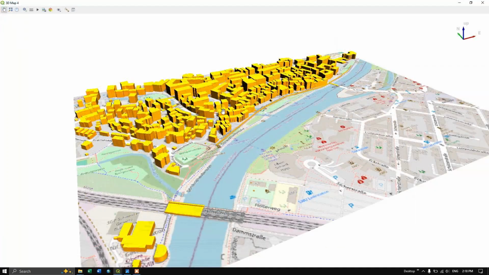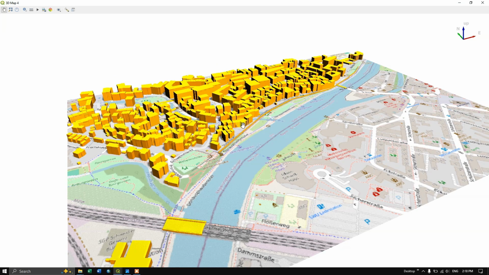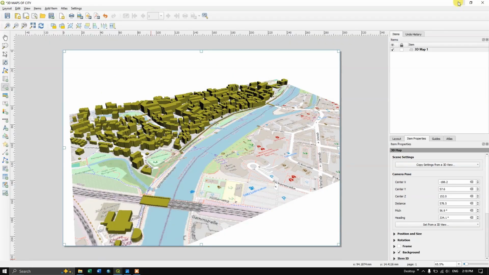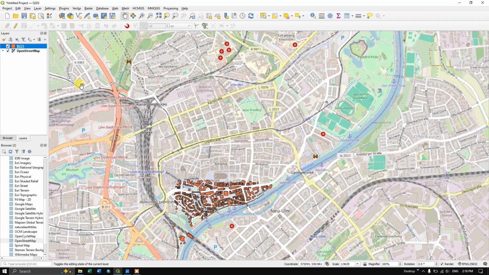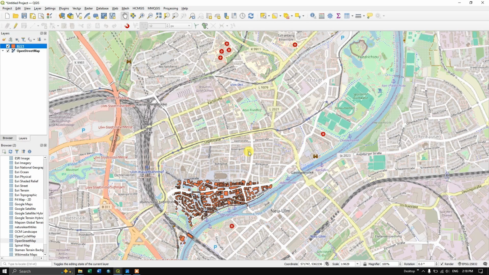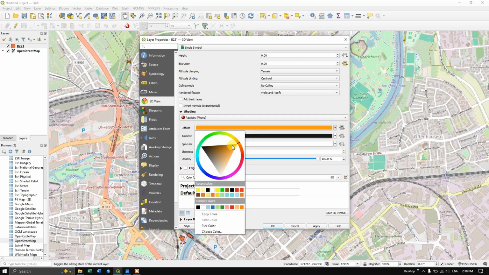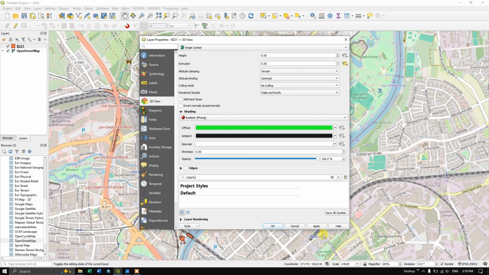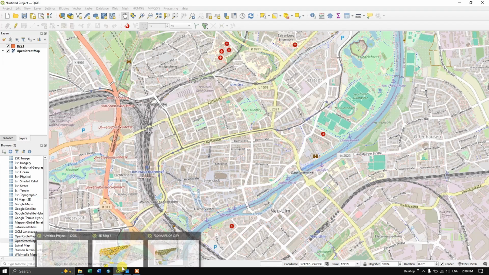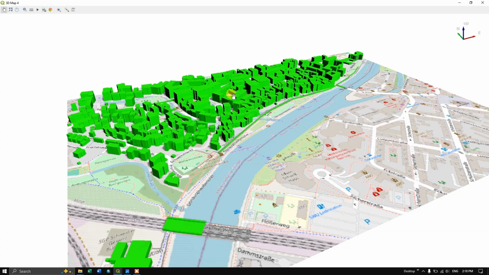You can see I have changed the color. See if it goes in some other color. Now it is in orange color. How I did it. So simply you can do it. And you just have to click on this layer. This is properties. And here you can find the details. So here you can change the color. You can click slide, OK, and it will be automatically updated. So now you can see the colors.